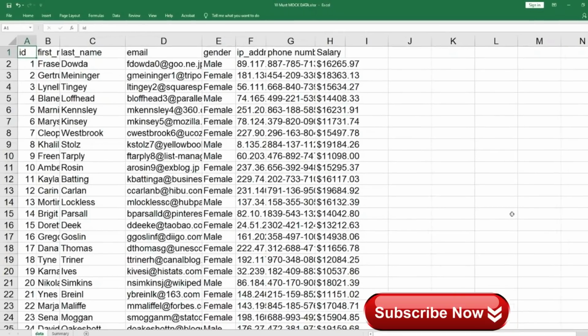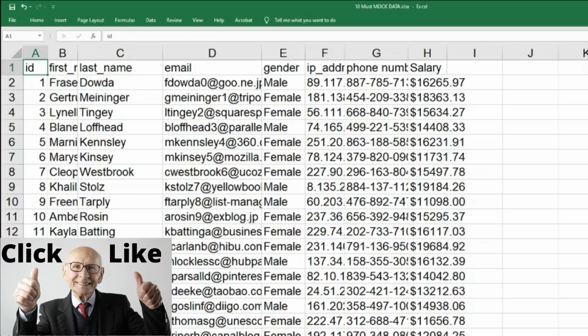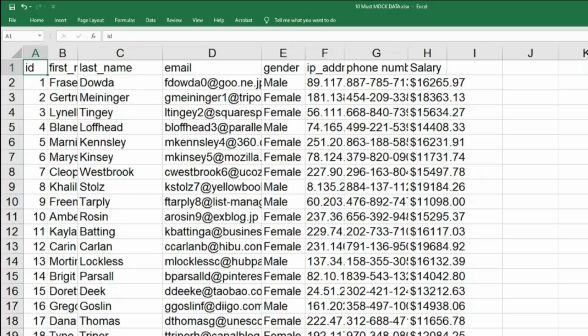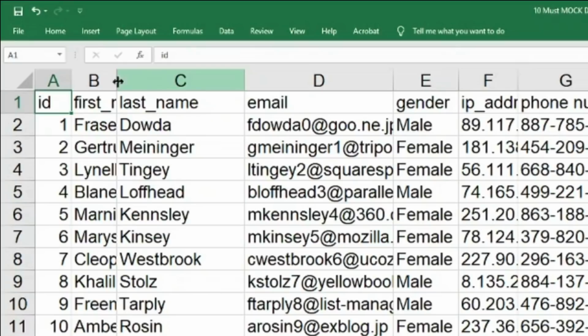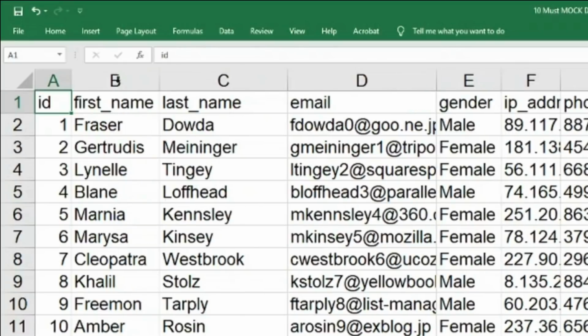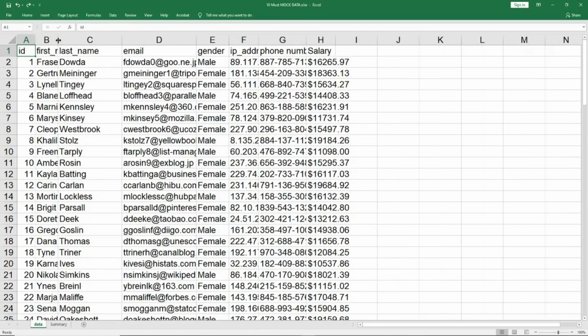So let me start here and come to the demo sheet which I have downloaded for random data. This is one of the things most people would see when they download data. The formatting is so bad that you don't know what to do. Most people would use their mouse to go to the part between B and C and double click to auto size column B. What I say, let me undo this.